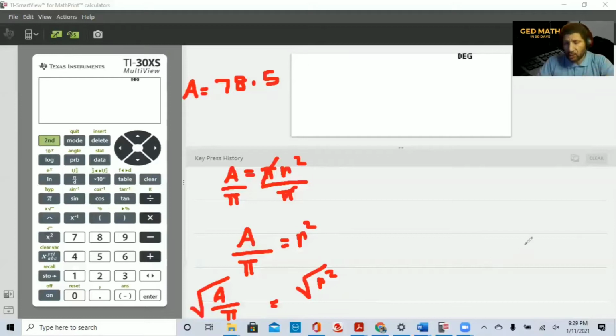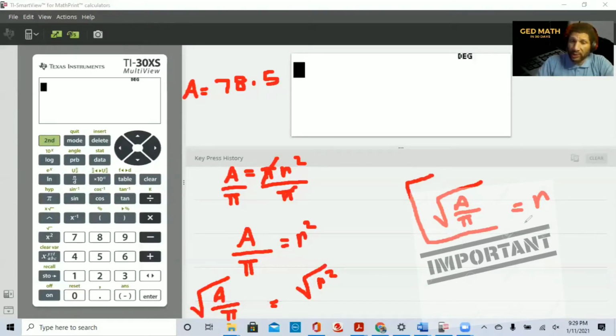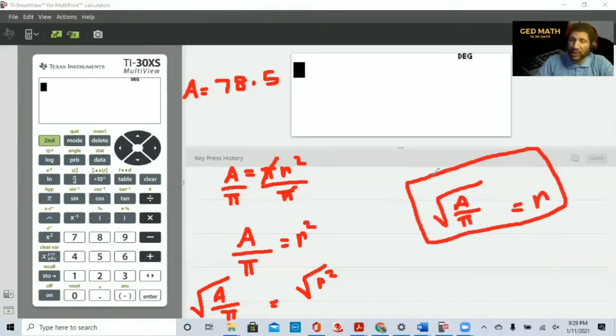So what we will notice is when you take the square root of r squared, you're left with r. It's equal to the square root of area divided by pi. Now, this formula is not on your formula sheet, but it will save you 3 to 4 minutes. And we want to know this and commit this to memory. So if we're given the area, in order to find the radius, we want to do the square root of